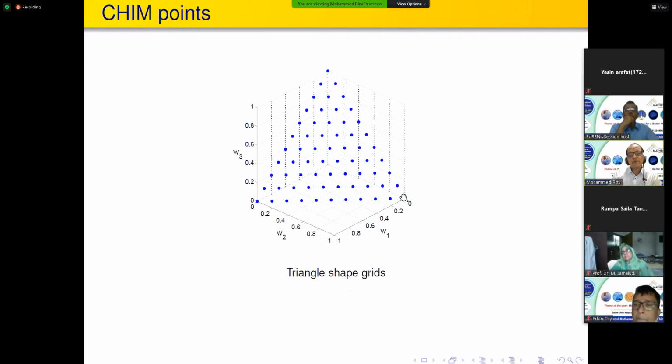If you just think about the sphere, the boundary should be a curve, not a straight line. In that case, Das and Dennis grid points sometimes miss those Pareto points which are outside this line. Therefore,